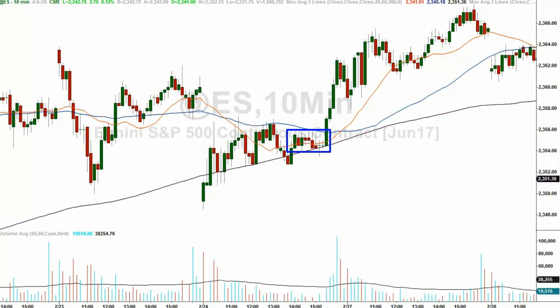It stayed inside another green candle, not having any candle in this 10-minute span close below the green candle, which creates another inside bar pattern. Consolidating for a while, building energy in an inside bar fashion, getting ready for another move higher. So the market will have a tendency to stair-step its way higher and stair-step its way lower at times, but